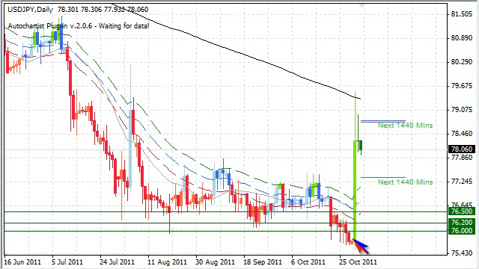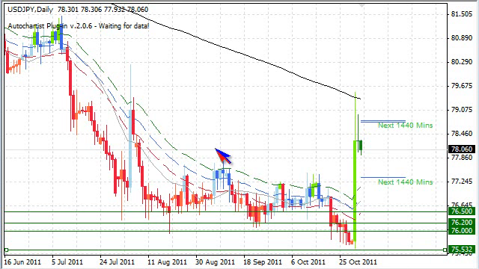So two things. One, I could look to other major psychological levels, like the 75-50 area. I could look at the overall ranges we have been seeing in terms of the high to low to get an idea of what kind of price movement we could see, and therefore also what kind of price movement I'd be willing to see below the 76. If we get below 76 by 20 pips, I'm not that concerned. Okay, I know that the typical price range could see tests of 76 and leave behind wicks below 76. So on a daily chart, is it too much to say that 50 pips is too much risk for a pair that could move?